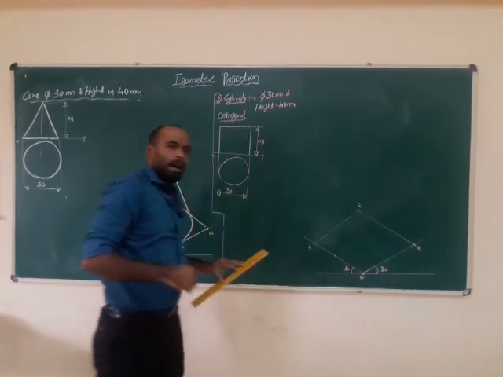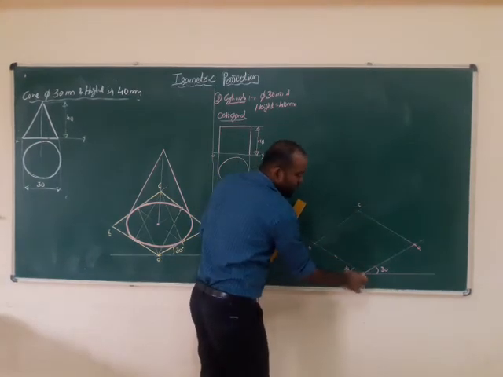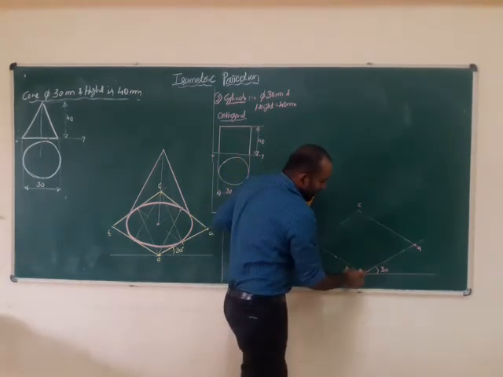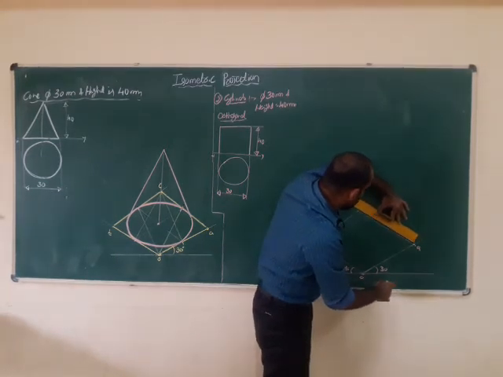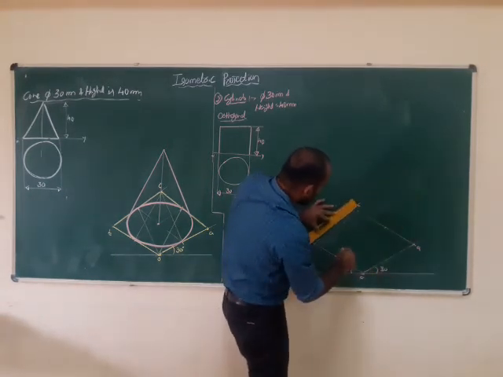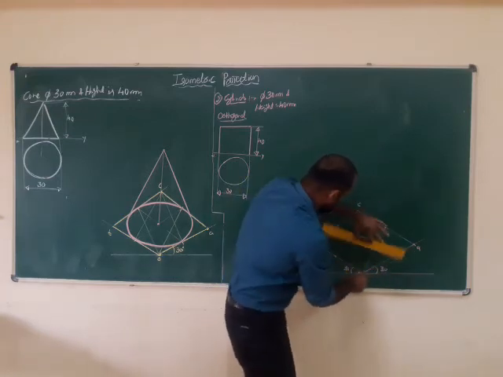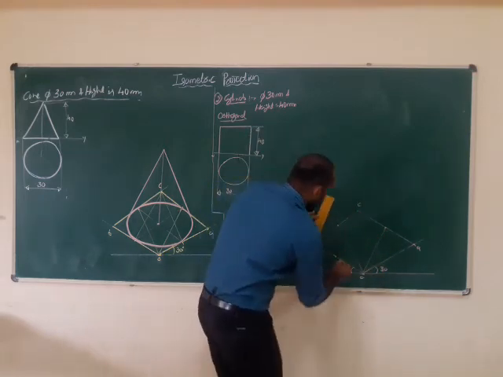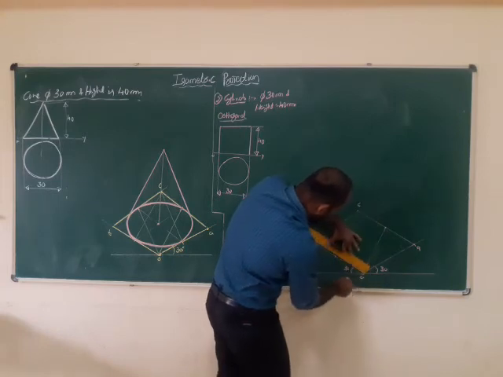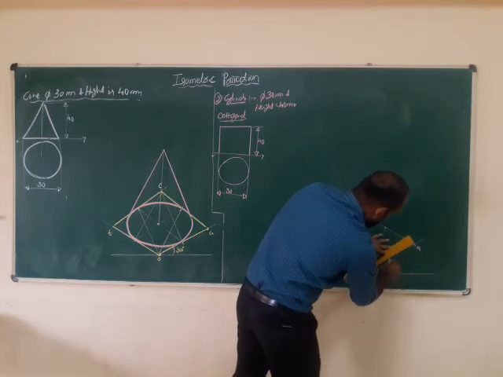See, now you have to draw an ellipse. For the ellipse, you have to select the nearest corner. C and O are the nearest corners. Join the line from the corner to the opposite edge center. This is called the edge center. You have to measure 30 mm, mark 15. This is 30 mm. You have to mark 15. Just join the corner to the opposite edge center. Similarly, on the opposite side, join, measure the center.